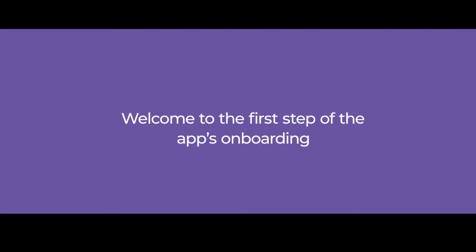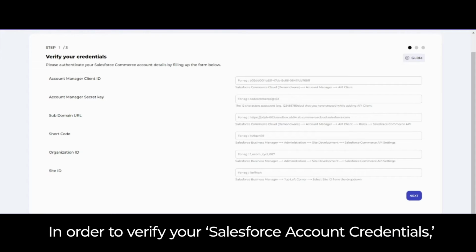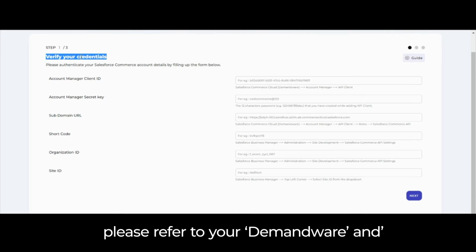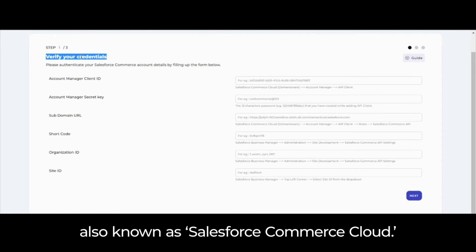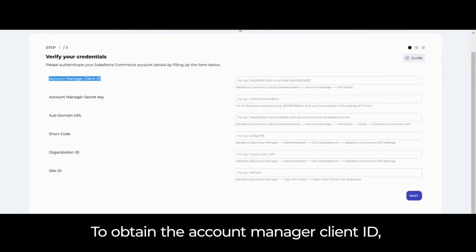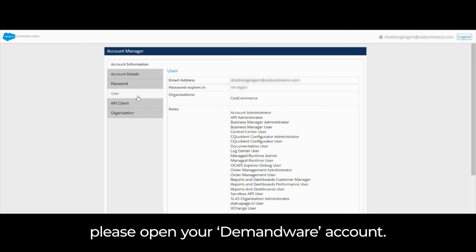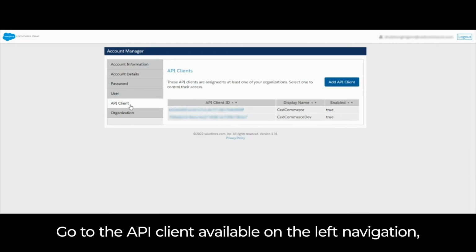Welcome to the first step of the app's onboarding. In order to verify your Salesforce account credentials, please refer to your Demandware and Salesforce Business Manager accounts, also known as Salesforce Commerce Cloud. To obtain the Account Manager client ID, please open your Demandware account, go to the API